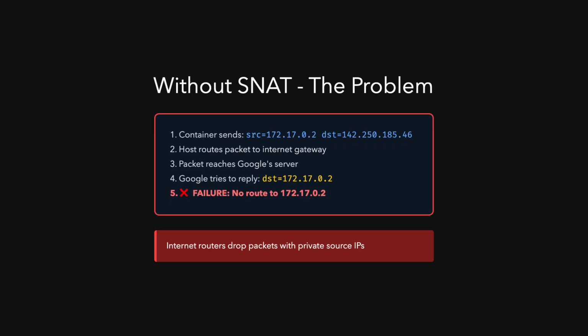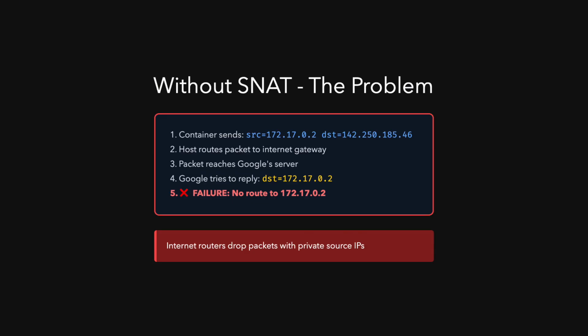The host routes the packet to the internet gateway, the packet reaches the Google server, and Google tries to reply to the private IP. And we will have failure because Google's router doesn't know how to route this private IP. Even if by some miracle the packet reached your ISP, they would drop it because private IPs aren't valid